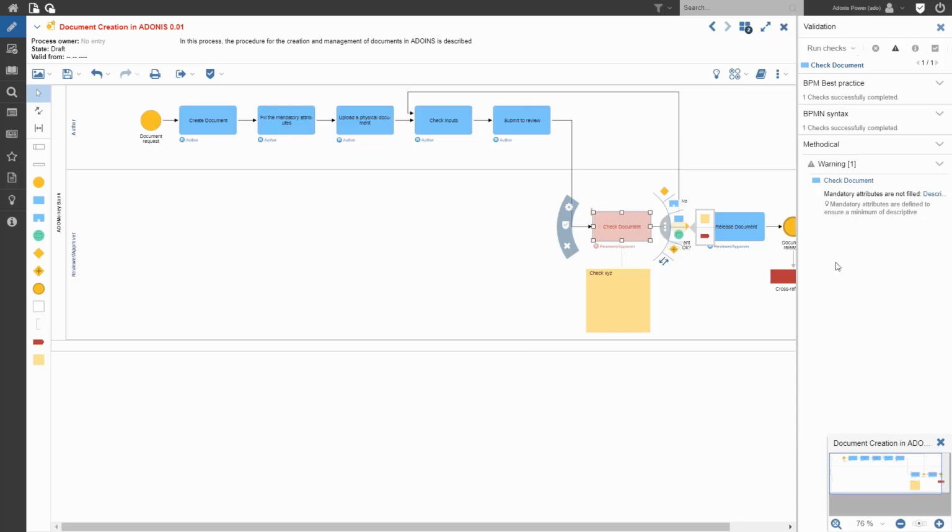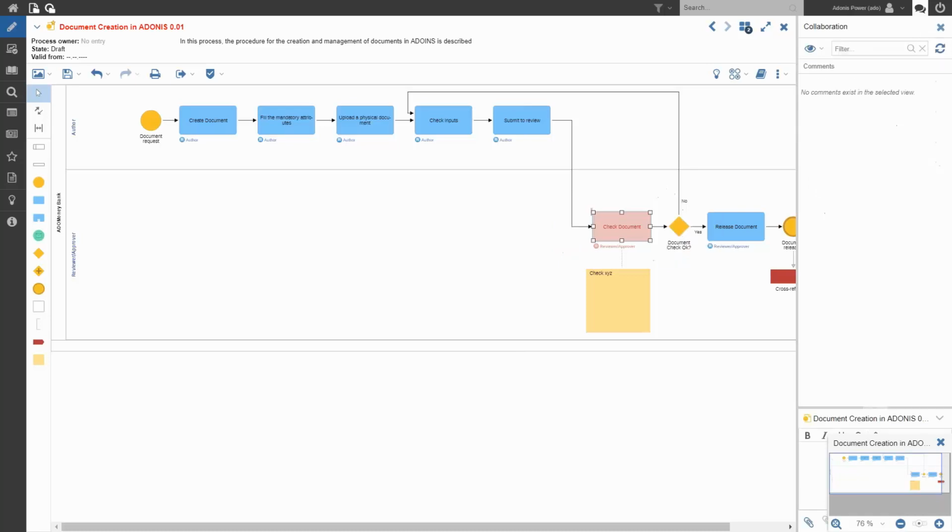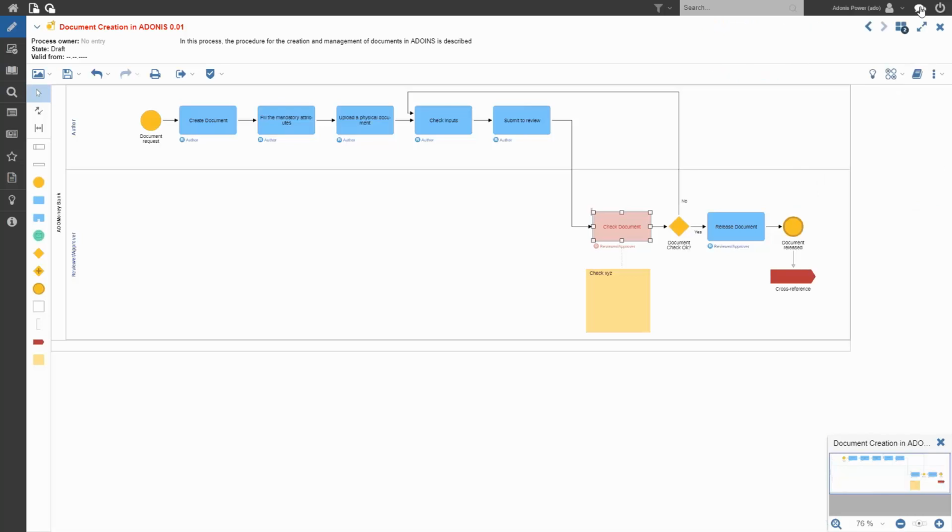But basically here on the right hand side we can now switch between the validation component and the collaboration pane using this little widget, or the little toggle here. Once you hover over the icon, you can switch between validation and collaboration, or to turn it on and off you just click the button in the top. Previously, in the previous release, this button was placed over here on the left hand side, but it makes it easier for the user to switch between and toggle on and off from here in the user interface.